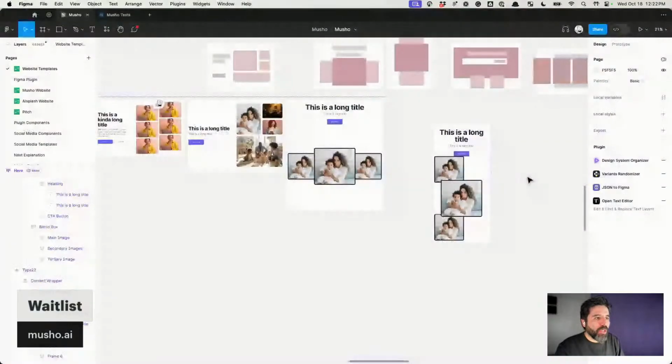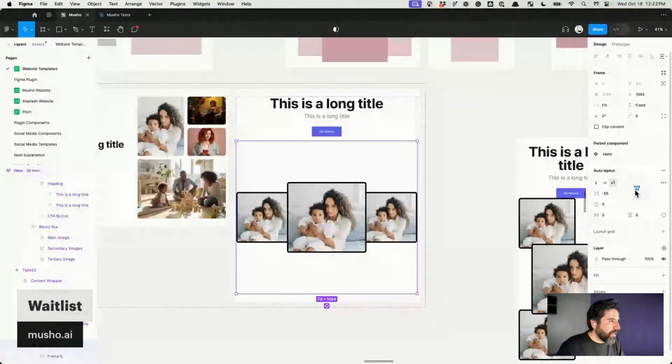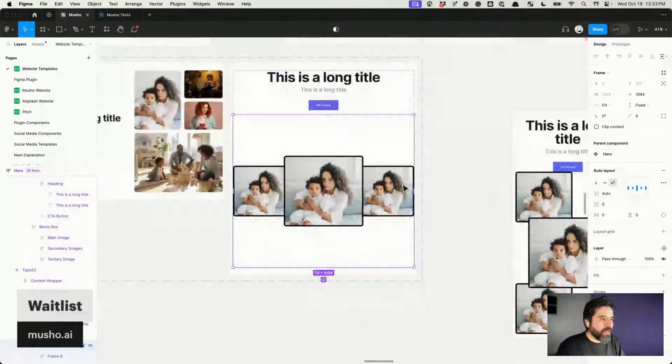Okay, so it's getting there, but why is it not doing what I wanted to do? Is it because it's wrapping? Is it because of the negative? I don't think we need this anymore. Yeah, I don't think we need the negative stuff here. This should be fill in the container, and the padding between the stuff should be,